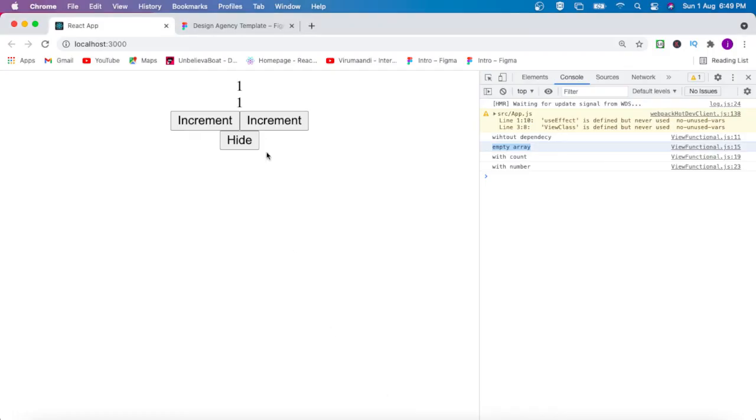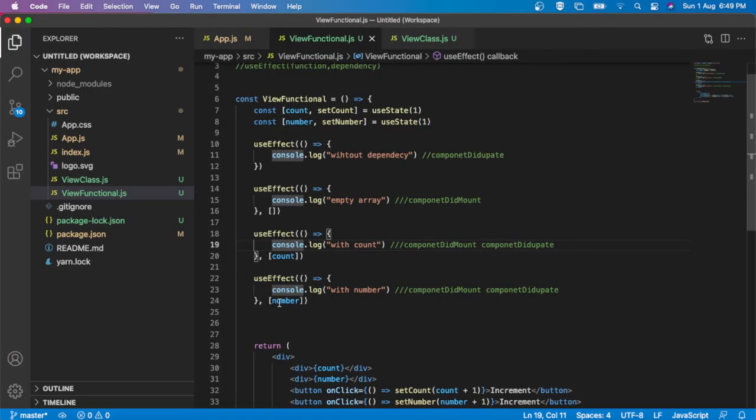Now if I increment the second value, see, with number, that means if there is any change in this number, this useEffect will be called. It means this useEffect is dependent on this number value.